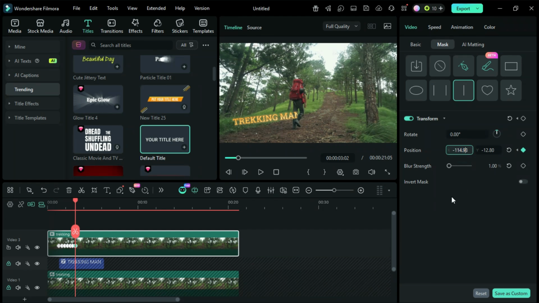Now this will move faster, so you have to increase the size. So we have to move to the other keyframes. Here you have to add